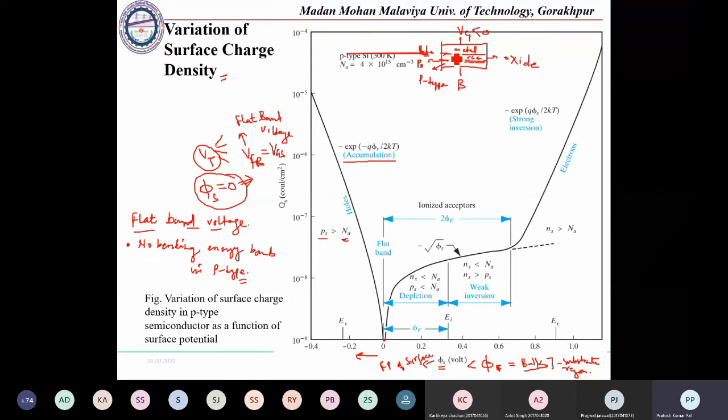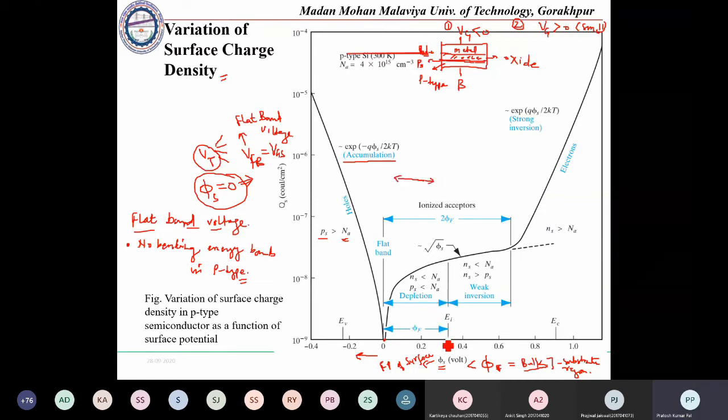After we are applying the gate voltage that is greater than 0, this is the first condition. Similarly, in the second condition, we apply a gate voltage that is greater than 0 but small. At that time there will be accumulation of electrons near the surface region, and the holes will be repelled from the surface region, leaving behind the negatively charged immobile ions. So this will be generating your depletion.